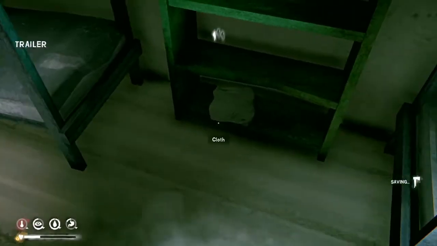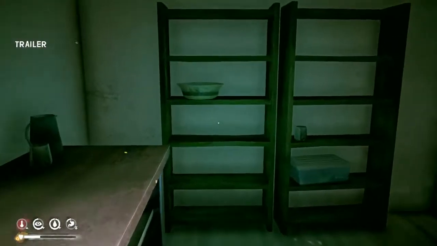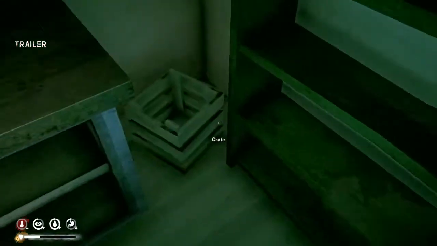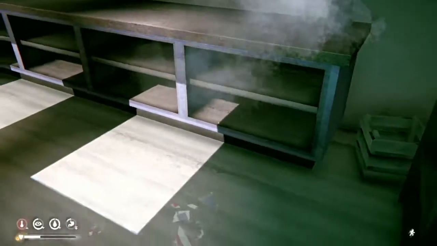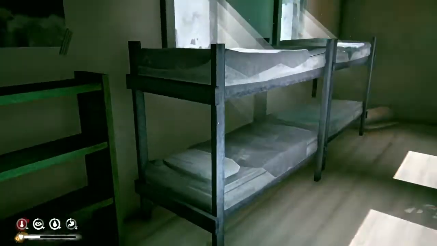Alright, so some cloth. Am I still just wearing... Yeah, I still just have the hand wraps. I haven't found a real pair of gloves yet. May have to be the first thing we create or craft is the rabbit mitts. So right now we're not really...